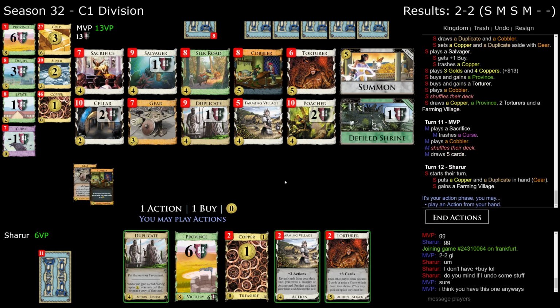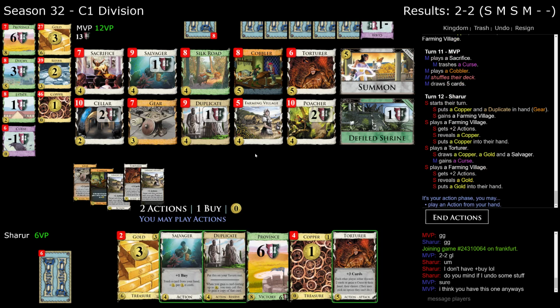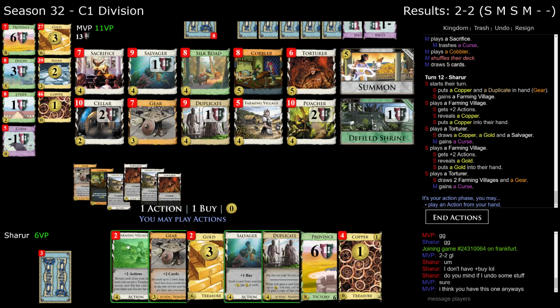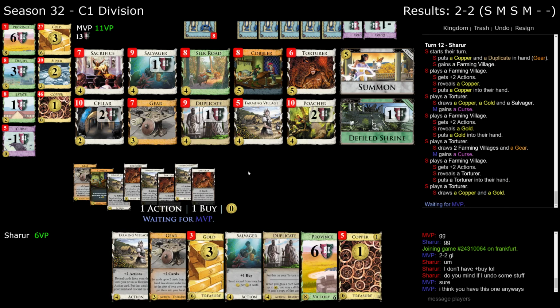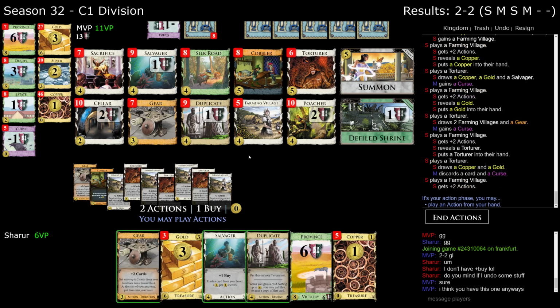Alright, let's get us another farming village, because we need more actions. Okay, so I guess we're just playing another one of those guys. And then he discards two of them. Yeah. Alright, so what are we doing? I think playing this farming village... Maybe we just don't play the gear. That seems fine. So what do I have? 9, 13...